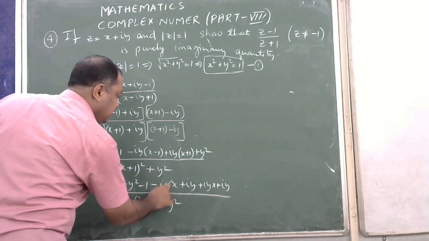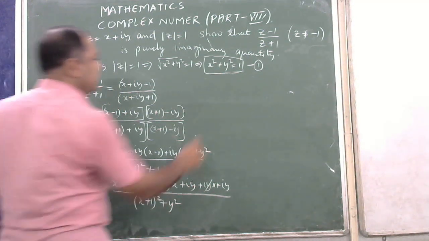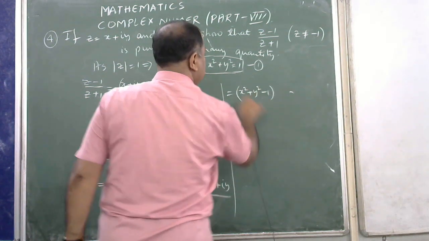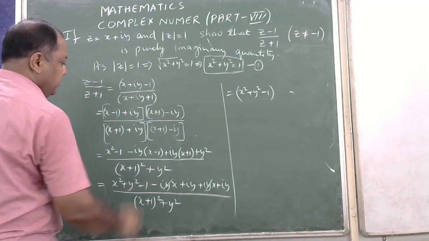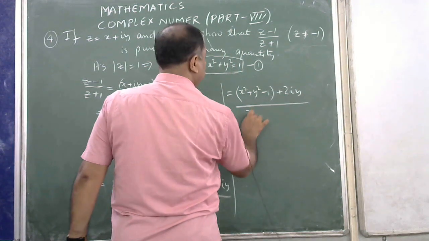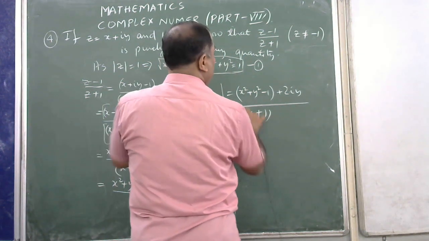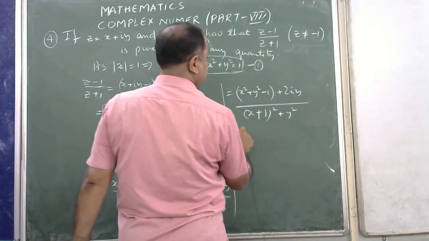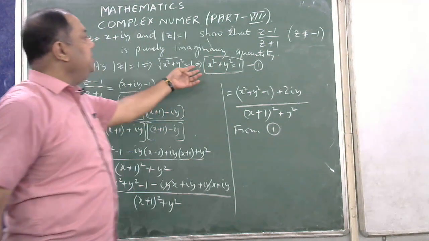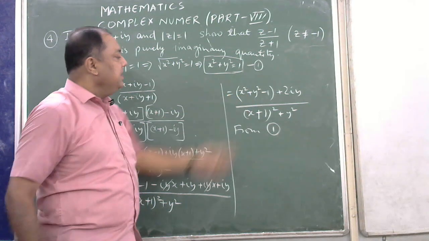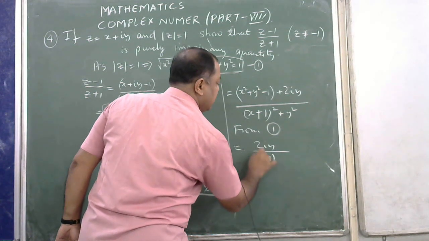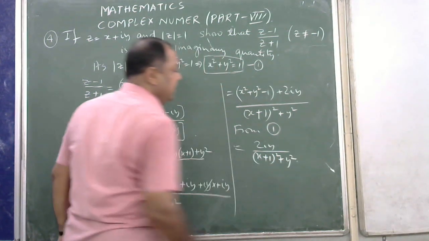I cancel out these two, and what is left over is x square plus y square minus 1. This is the real portion. And what is the imaginary portion? Imaginary portion is 2iy. Therefore, x plus 1 whole square plus y square. From condition 1, this particular condition, I apply it out here. This complex number reduces to 2iy by x plus 1 whole square plus y square, which is